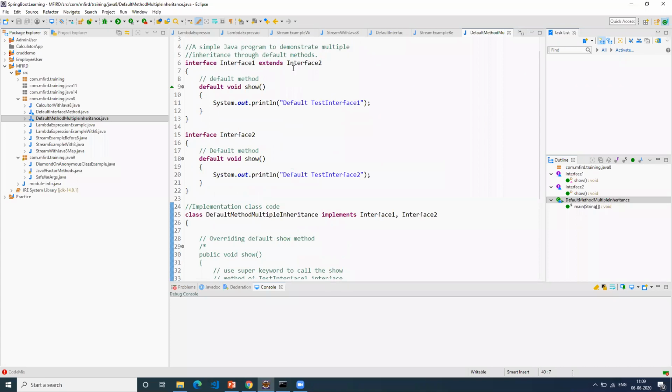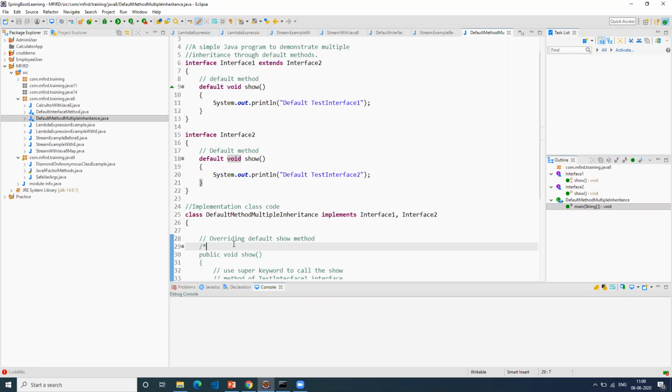This will be a normal way of programming, which we generally do. But the only thing is you're overriding your default method. Any questions? Sorry, can you please recap what actually is this diamond problem in Java 8? Are you familiar with the diamond problem in multiple inheritance in the object-oriented concept?